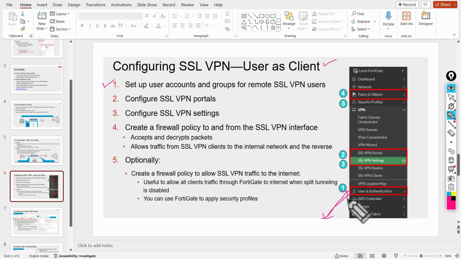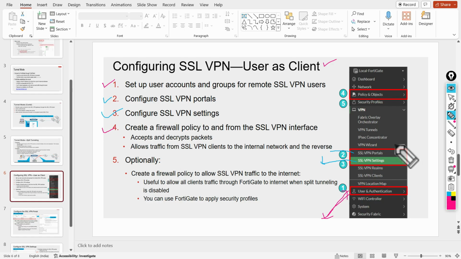Here we create users who can access the remote SSL VPN. Second, configure the SSL VPN portal. In this step, we configure the SSL VPN settings and also the SSL VPN portal. These two we have to configure.